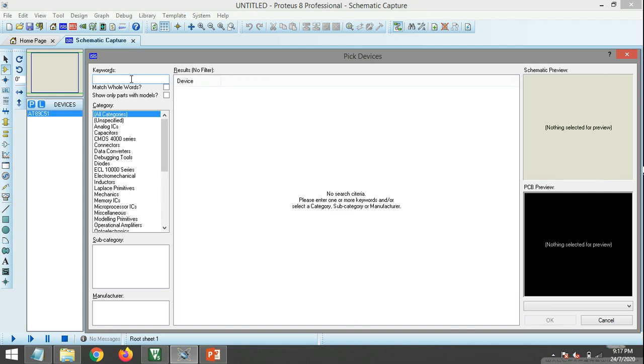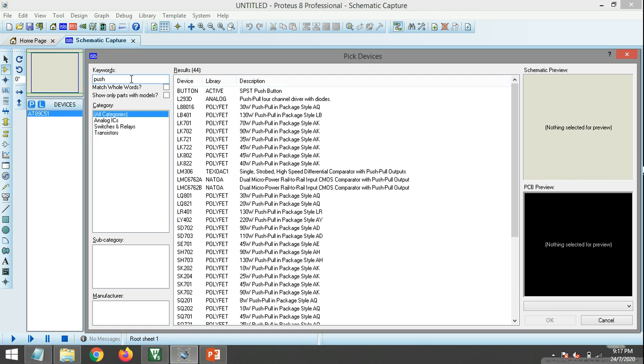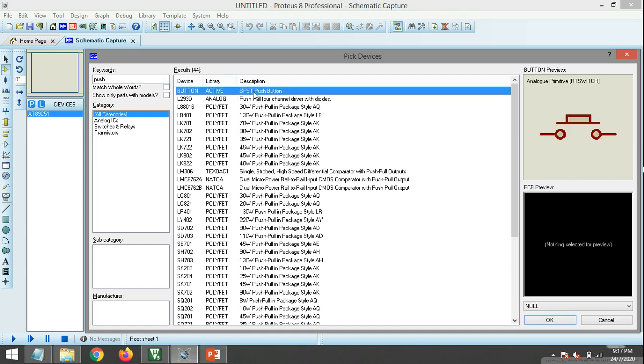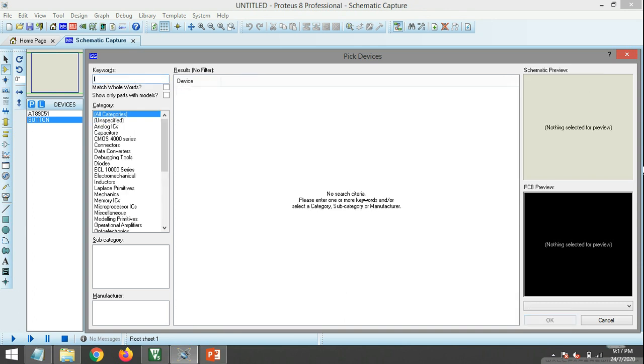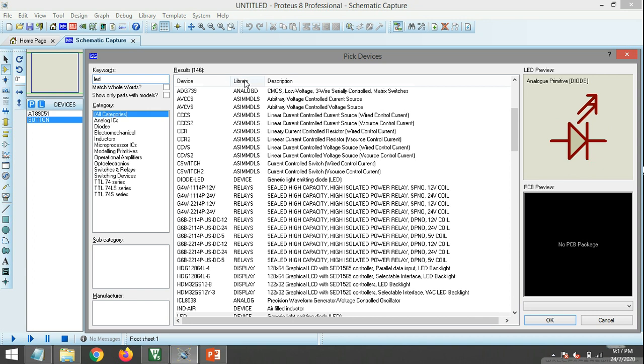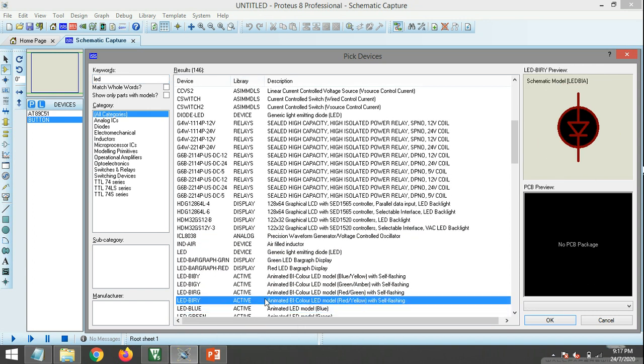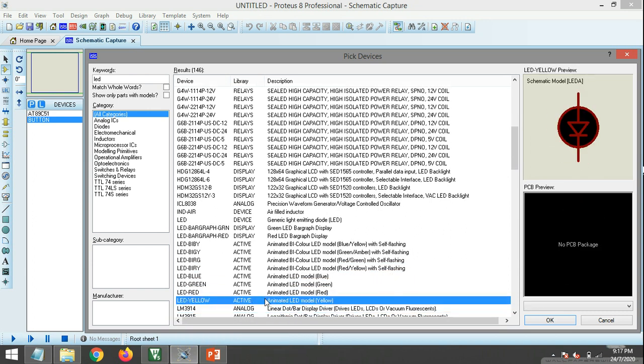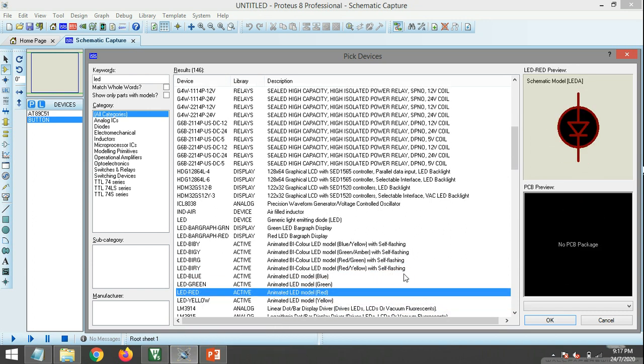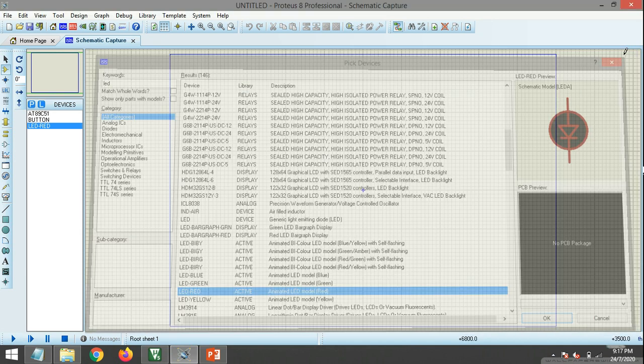Then the next thing that we require is a push button. Yes, this is a push button, or we can take the switch, and we'll take an LED. So the LEDs are here. Yes, I think we'll go with the red LED. Okay, I think that's it.